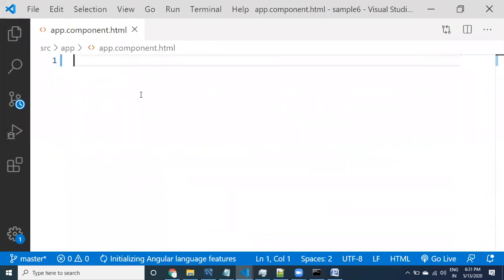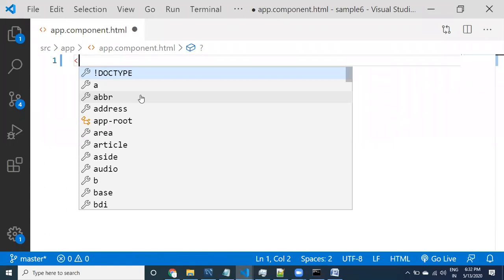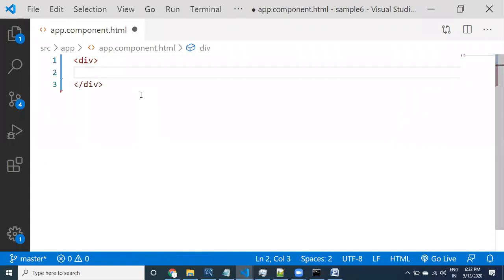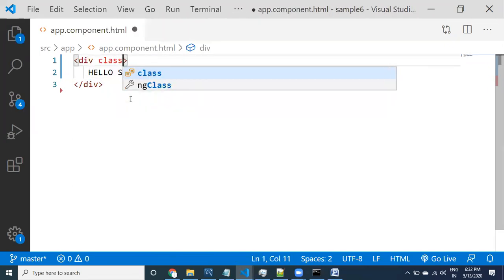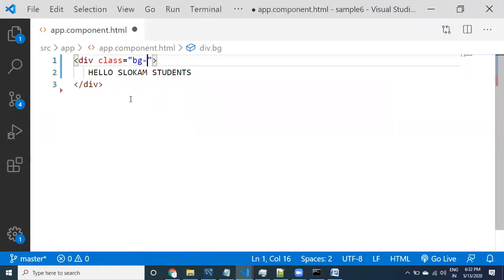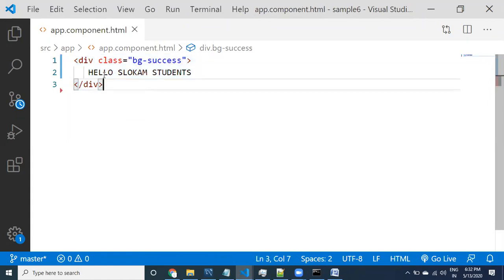App component.html. Here I don't have anything. What I will do is take a div, and within the div, write Hello students.